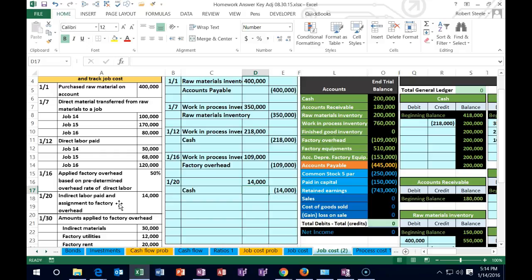So say we have a supervisor that's supervising a bunch of different jobs, and we don't know how much time he spent on any particular job. Then we would just put supervisor salary into overhead and just allocate it based on this predetermined rate that we've already allocated using. Or if there are things in the factory such as janitorial service or stuff like that within the factory, then maintenance and all that kind of stuff of the factory, then that type of thing we can't apply to a specific job as well necessarily, and therefore we're going to put it just into this